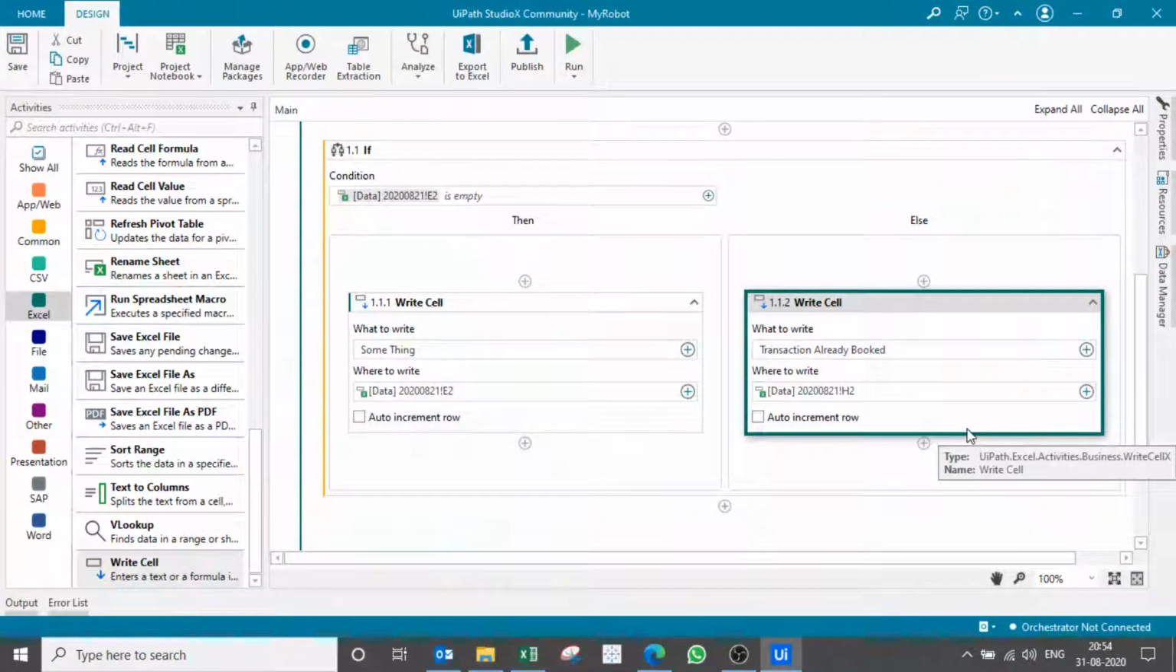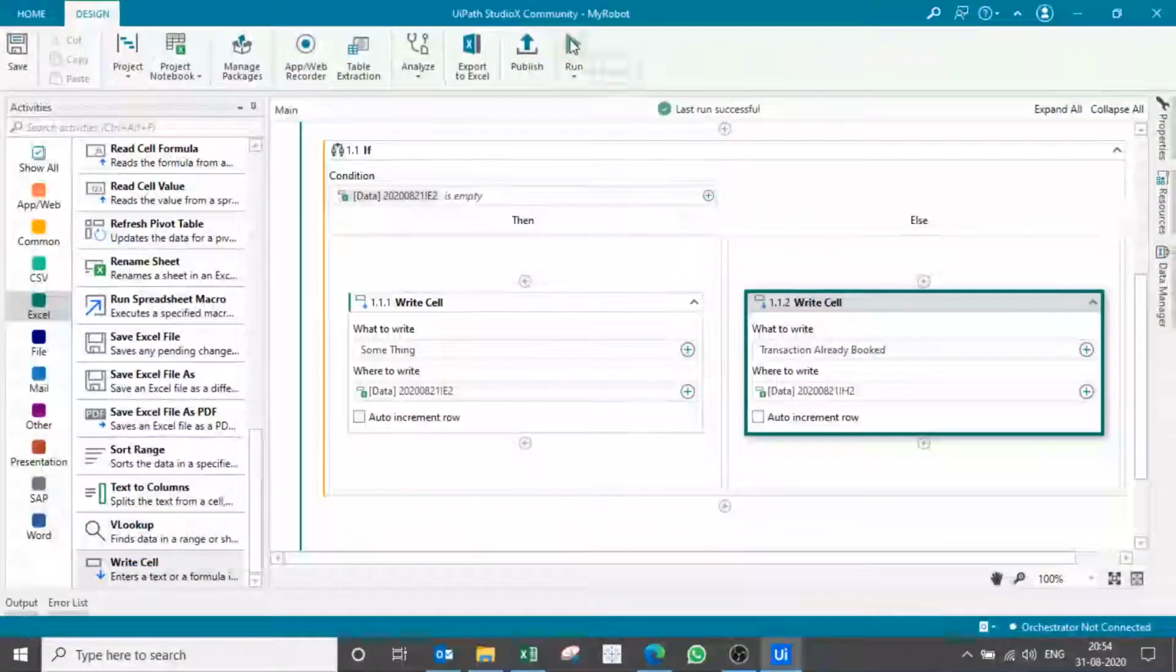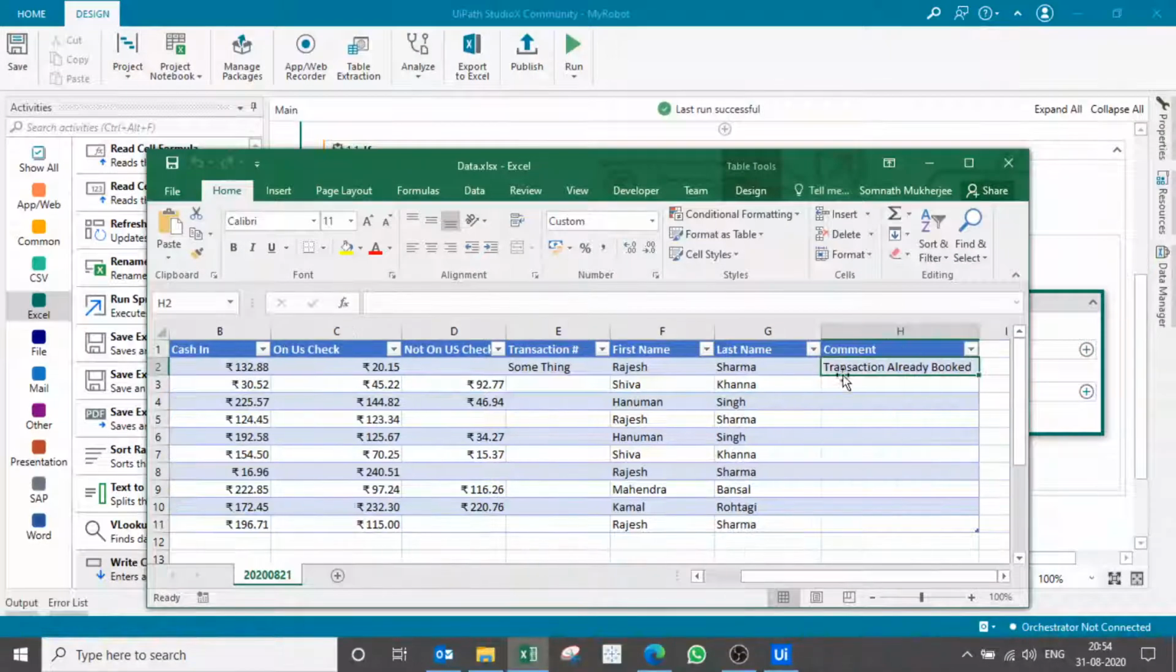Okay, now let me run again. First of all, save it and then let us run it. It's running. It has done its job. Let us see what it has done. It has written that the transaction already booked. So our main achievement,